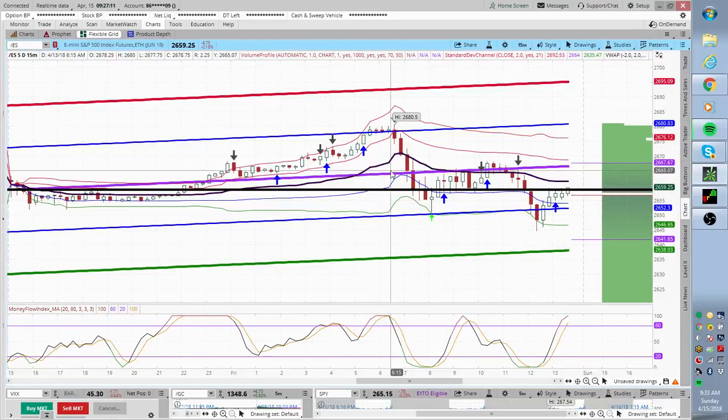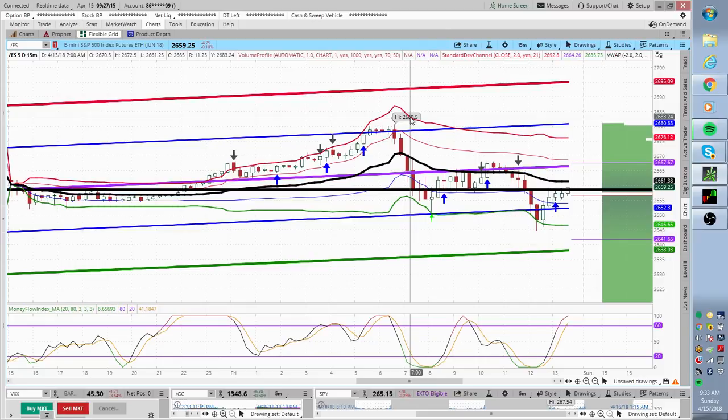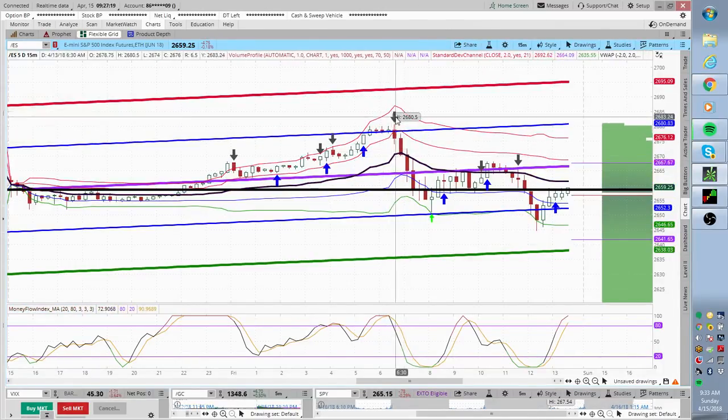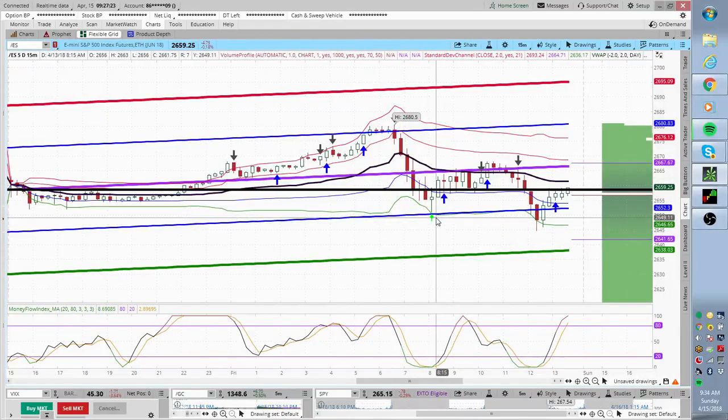Just as a summary here, I fade the 5-day moves all the time. I fade a breakout of the overnight high and overnight low a lot of times. I fade these slingshot moves when they come on. I look for confirmation on my arrows here and my money flow here. And then I look for certain periods of the day to make trades, like Europe close usually gets a reversal.